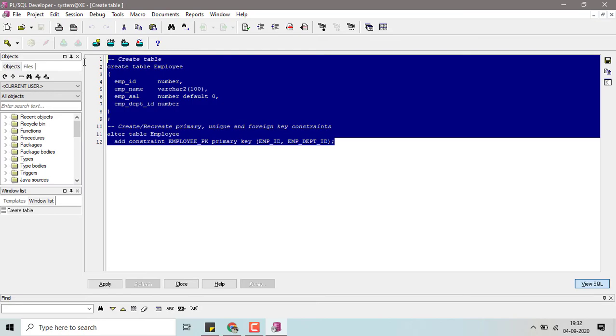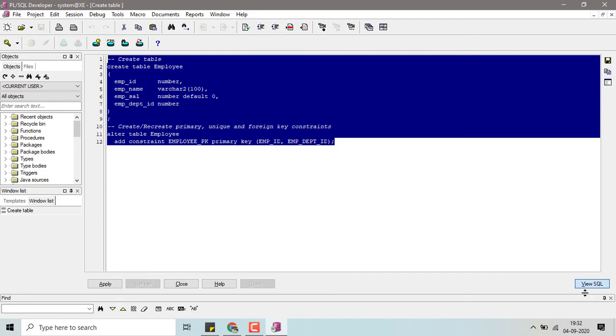After the requirement is fully developed, we have to pass the table creation syntax to be executed on the production database. That's the reason it is recommended to copy and paste the syntax somewhere, so in future, if someone asks for the table creation syntax, we can give it to that person.